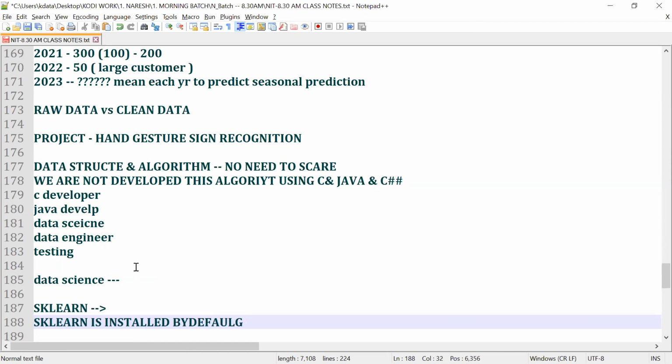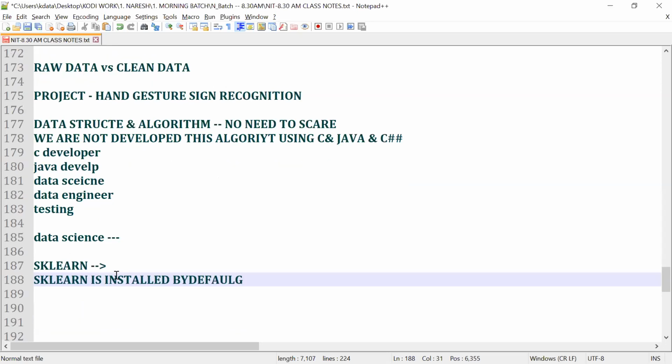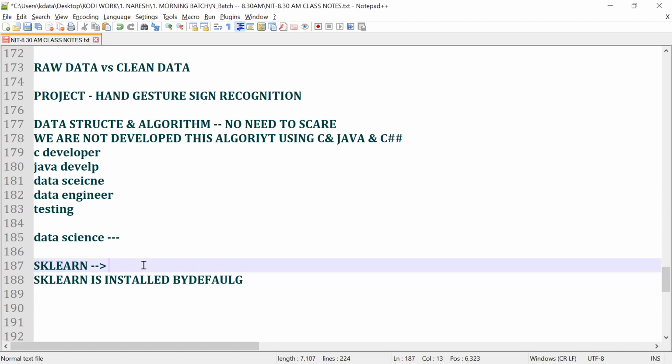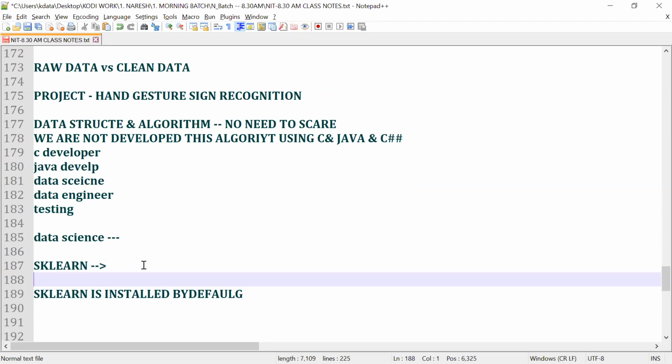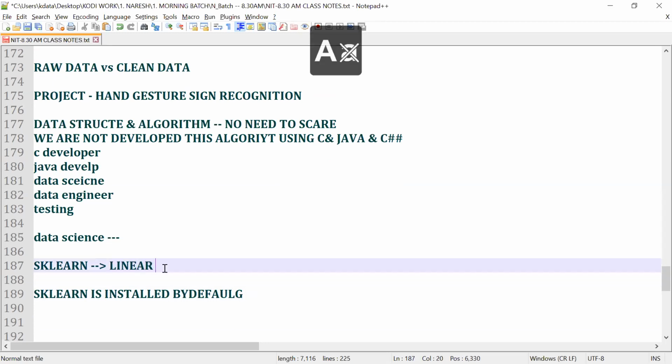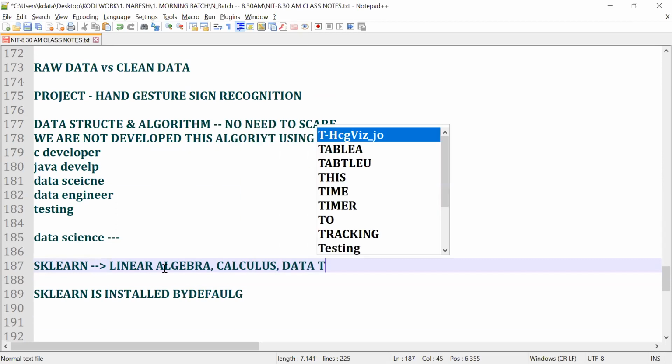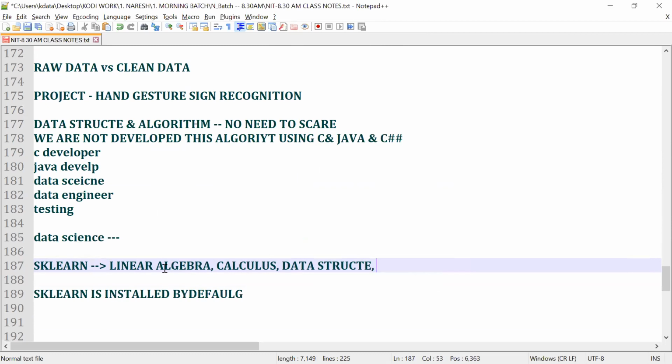When you purchase a laptop, the OS is installed automatically or not? Guys, are you getting my point? In the same way, when you install the software, the scikit-learn package is installed automatically. So scikit-learn contains linear algebra, calculus, data structures, algorithms, math.